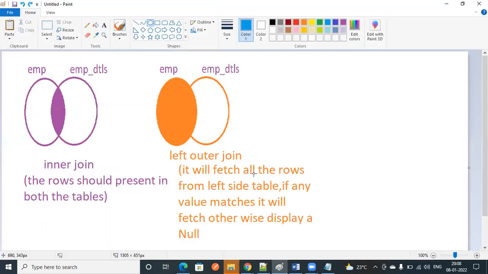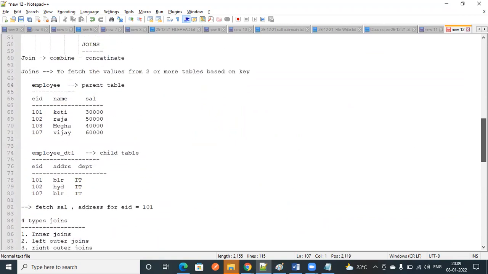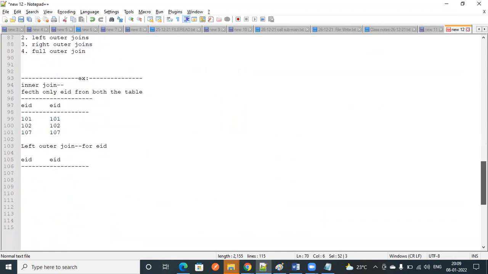It will fetch all the rows from the left side table. First of all, you can write what rows are available in the left side table, employee IDs like 101, 102, 103, 107. Just write it over here. It fetches all the rows from the left side table.